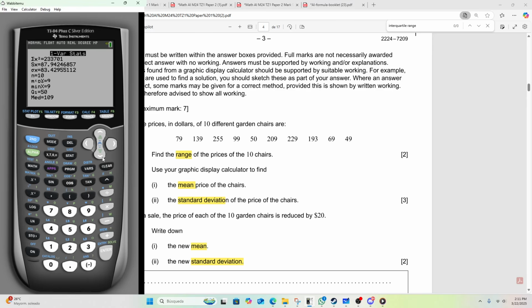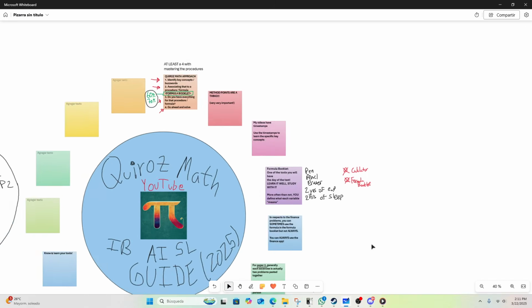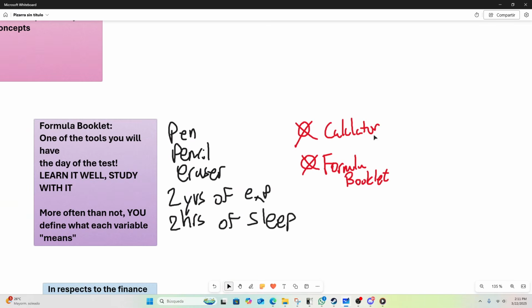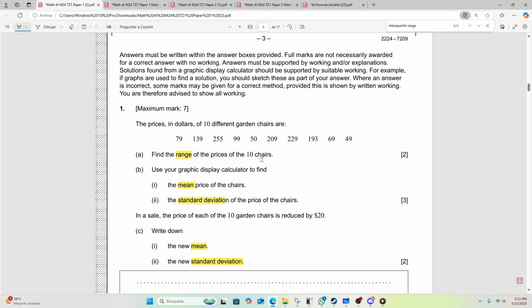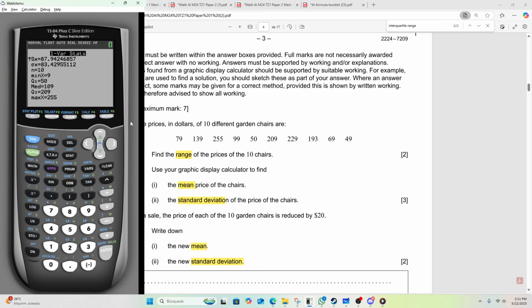saying. So notice, here's the Q1, here's the median, here's the Q3 that I was talking about earlier. So having that kind of stuff in mind, knowing what these things mean within your calculator is essential. It actually comes back to a little bit this idea. The two things you need to know really well are the formula booklet and the calculator. So for this exercise, usually there's one per test that asks for mean, for range, for standard deviation, pop it into your calculator, and here's what you need to know.